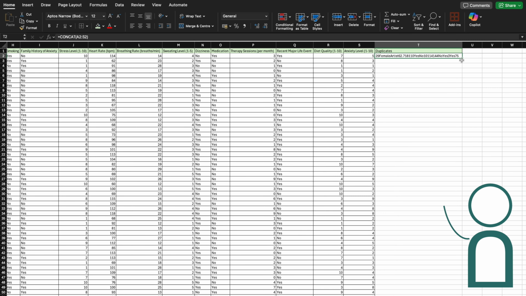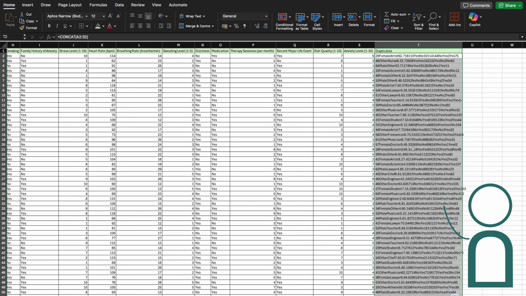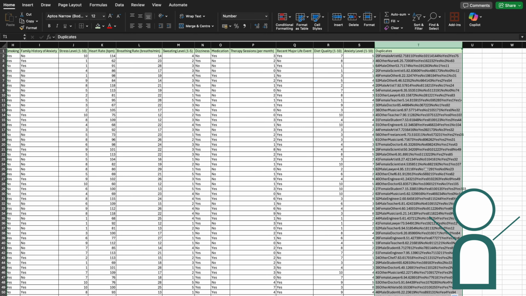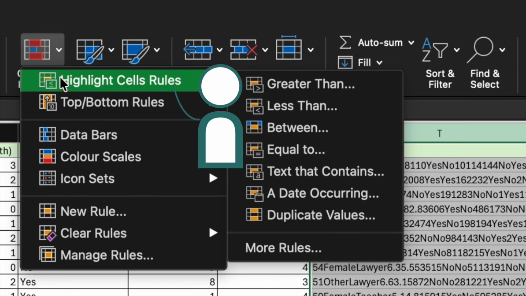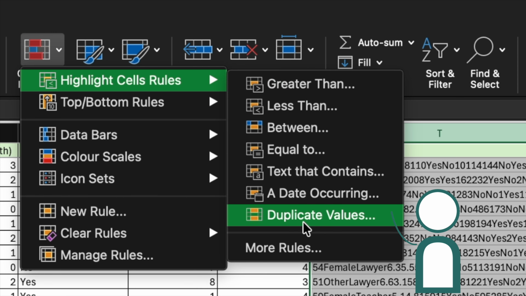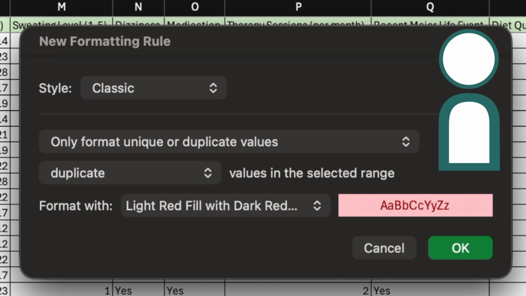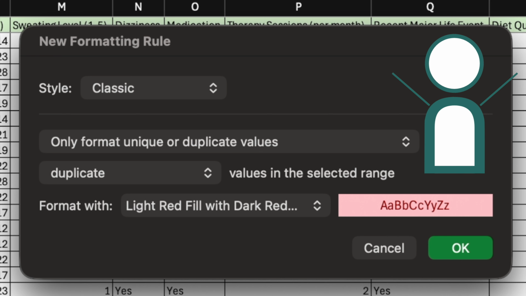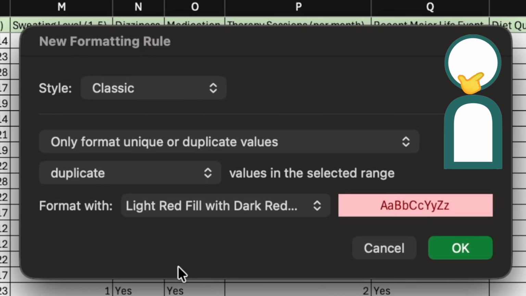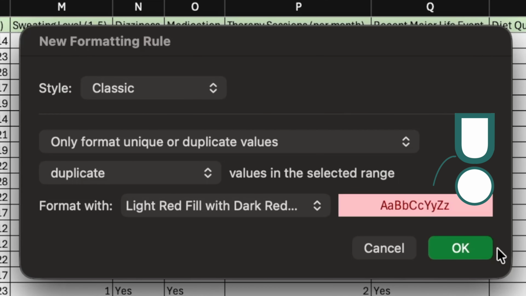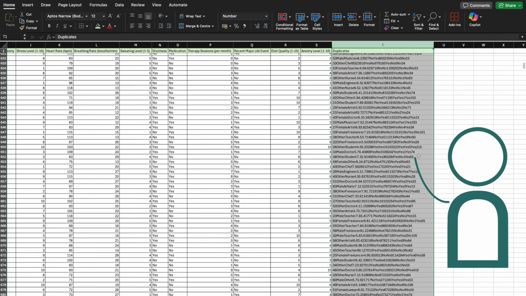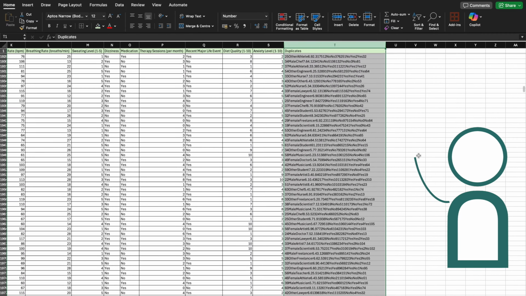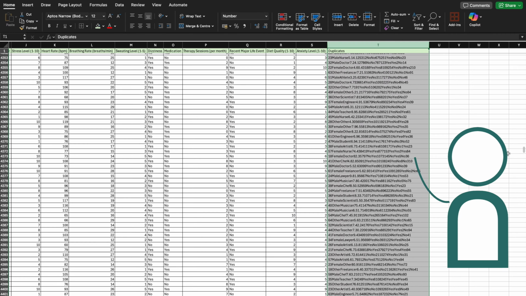And now just copy it down to the other cells and then select all of your cells and go up to conditional formatting and highlight cells rules and go down to duplicate values. And a new window would pop up asking for a new formatting rule. And in this case, if the selected range has a duplicate, the cells would be highlighted red, and click OK. And as you can see here, there isn't any duplicates within this dataset since there are